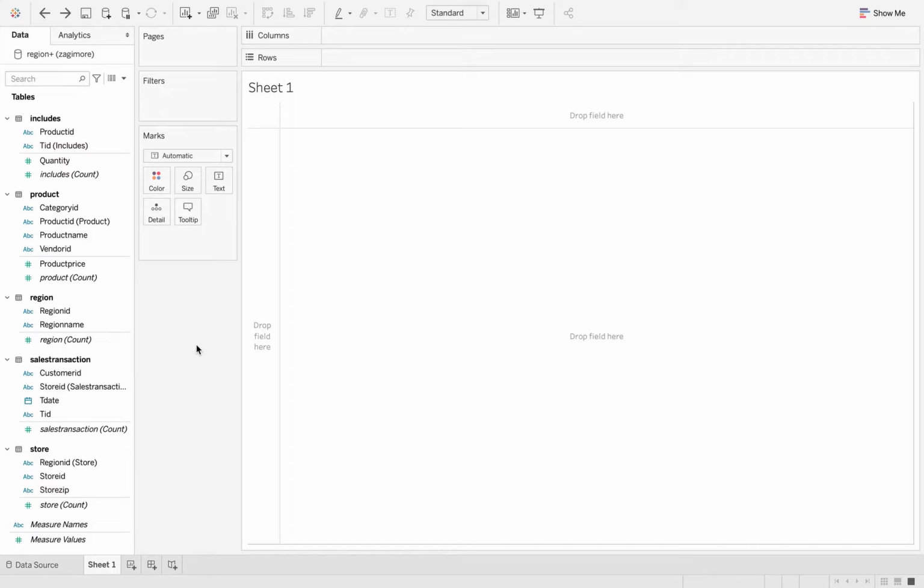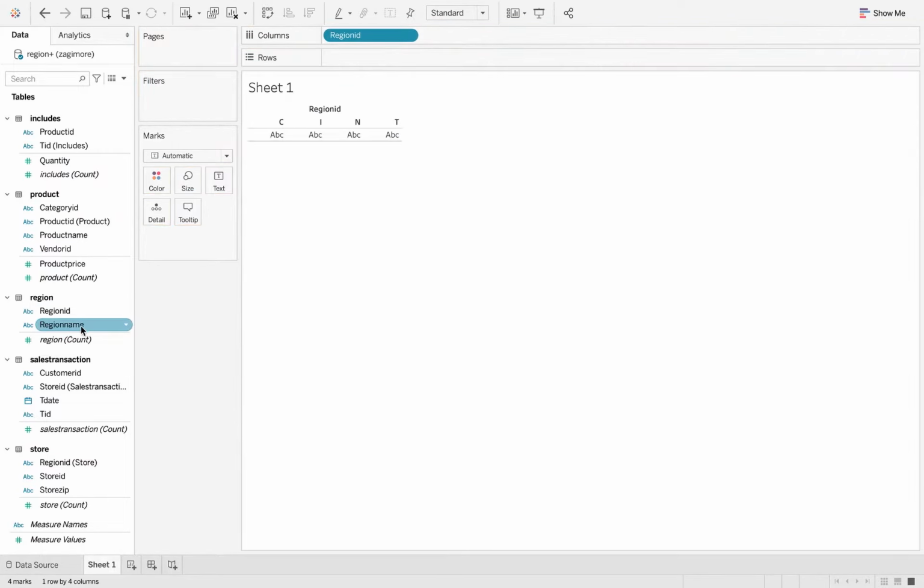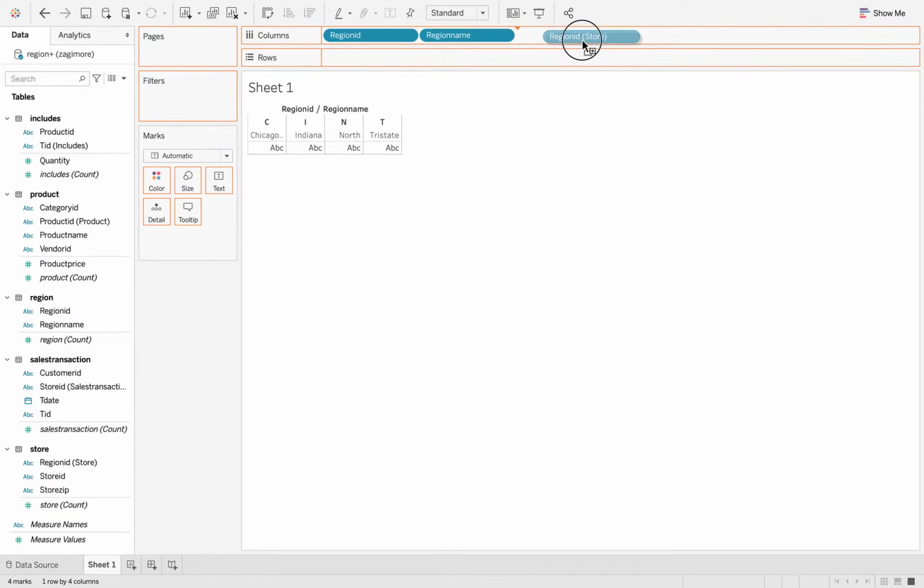So now we're ready to plot the first table that shows revenues by store and region. While we have a relational database, and therefore we don't really have a dimension, these are potentially two attributes from a location dimension. So we're just gonna drag and drop in the columns, for now, all the attributes that we believe are relevant. So region ID and region name, and store ID